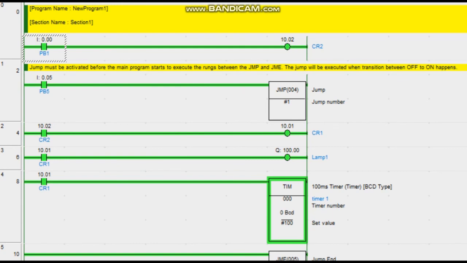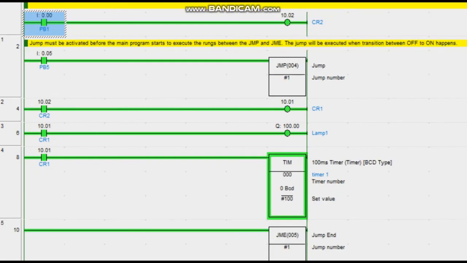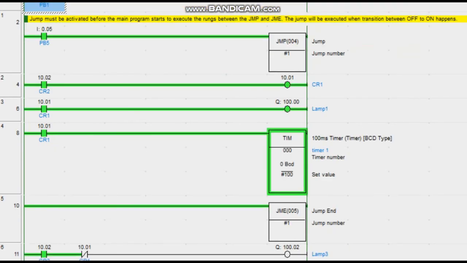Okay, now again, if we look at how this jump actually works, we have to make sure that the activation is off if we want to make the jump. If we are in this state right now, where the activation to the jump is on, then basically whatever instructions in between will be executed. I know it seems counterintuitive at this point, but basically this is how it works